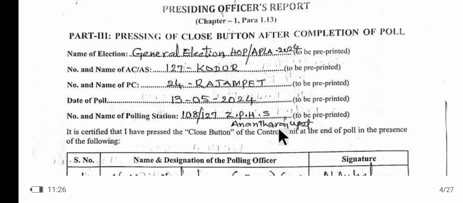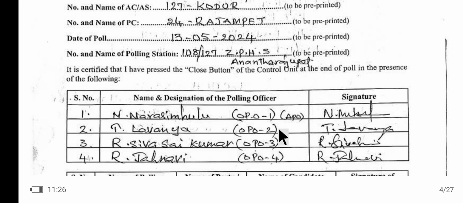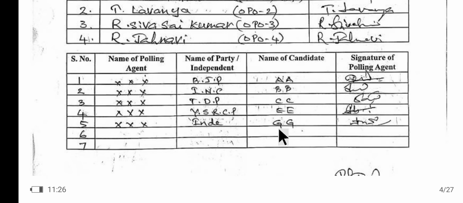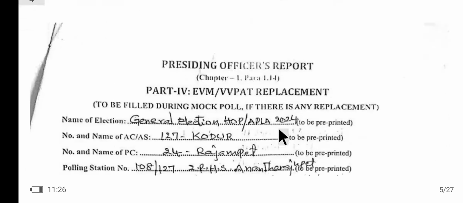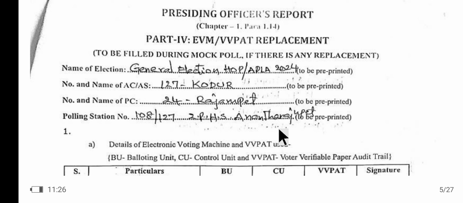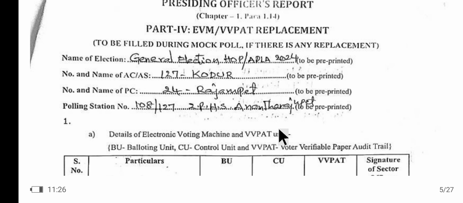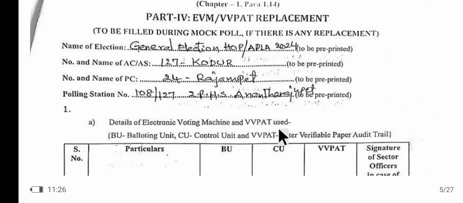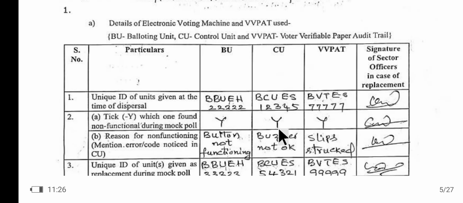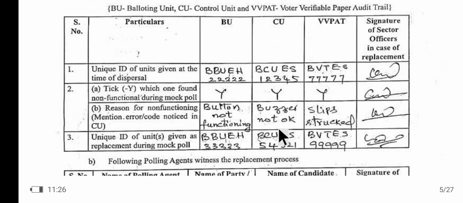Here, the name of the election and all this information we have already explained, and here we have to get attestation from the required people. Now, the last one is Part 4, EVM VVPAT replacement. If you have gone for any kind of technical problem, then you need to go for replacement of the EVM or VVPAT. Then the required information should be filled in as per the picture shown here with the relevant details